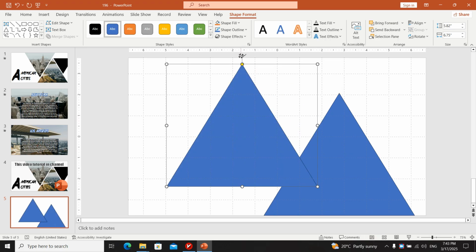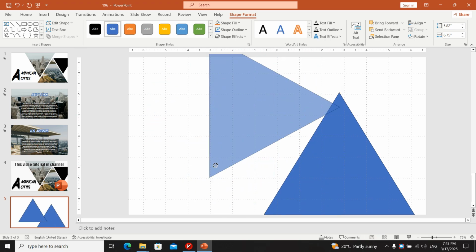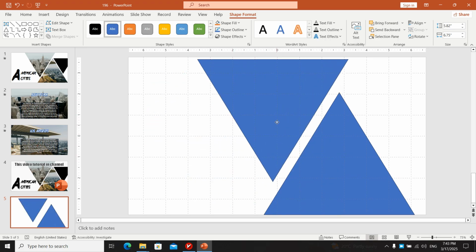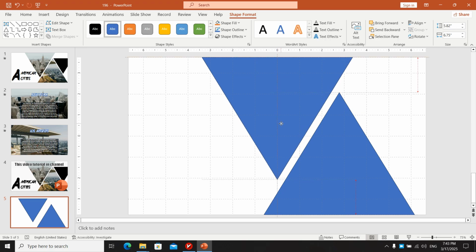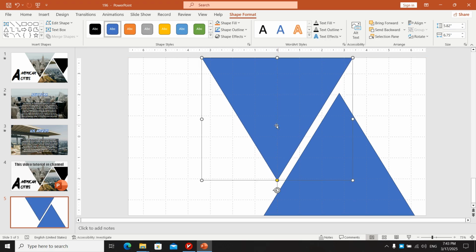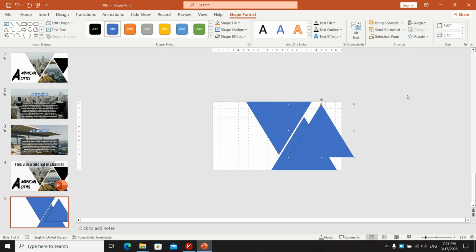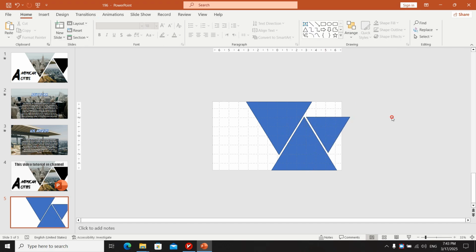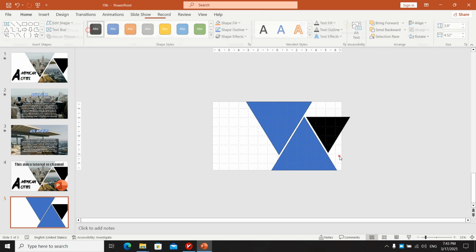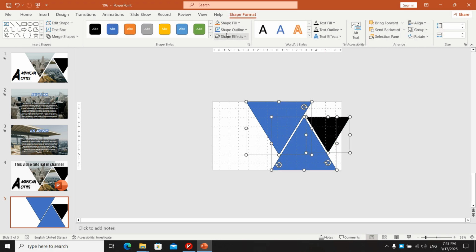Some of you may say it's some mathematical triangle. Right, you're right. It has a name in mathematical matters. But the important thing is that whenever you press shift, it doesn't always create the triangle you want, and it differs from time to time. Because of that, I don't refer to it by its name. Okay, we create this, we then color it black, and then select all of them and